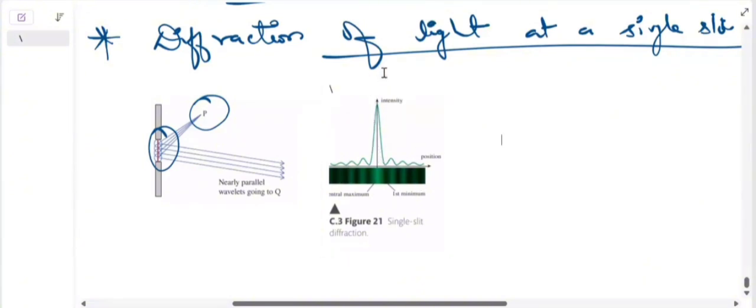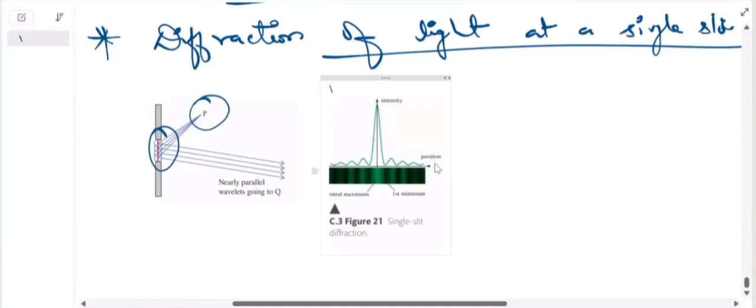When the wavefront passes through the narrow slit, it will propagate, and if there were a large number of wavelet sources across the slit, then also it creates a wave pattern. The resultant intensity of the central point you will see is high, and after that it is gradually decreasing, right? Now, after this, let's talk about the central maxima.